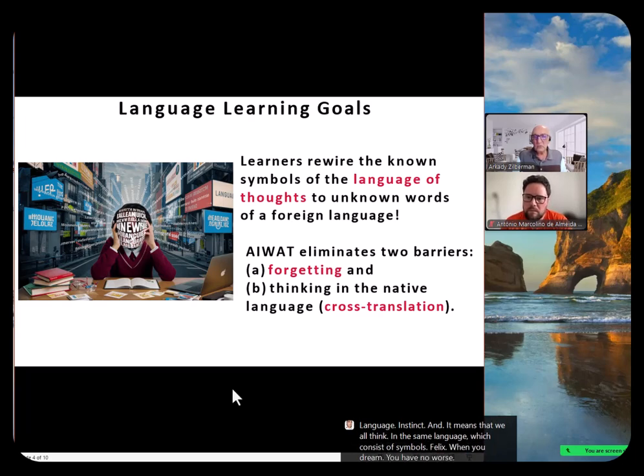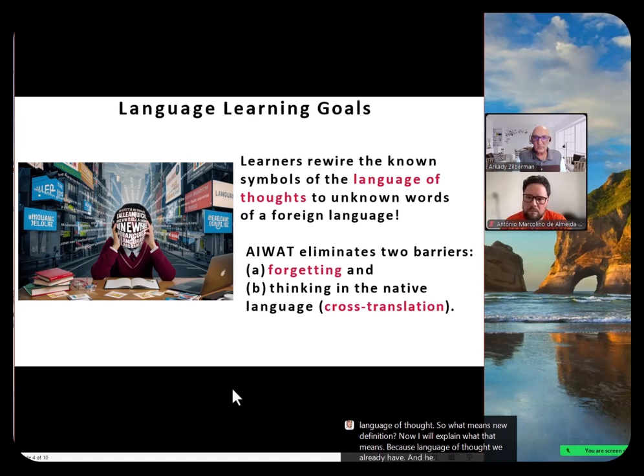When you dream, you have no words. Even when in your dream you try to use a word, like crying for help, you will wake up, because in the dream you use exclusively the language of thoughts. That is the most pure form of language of thoughts. So what does the new definition mean? Now I will explain what that means, because the language of thought we already have.